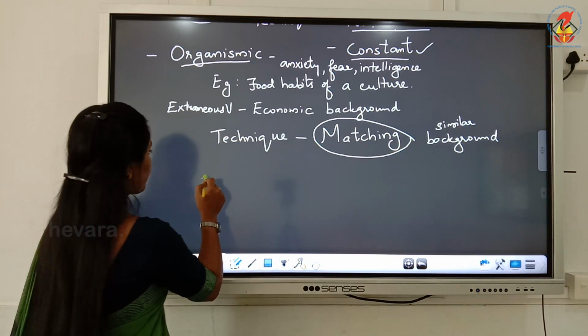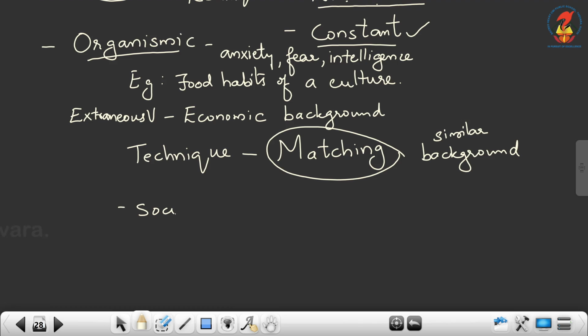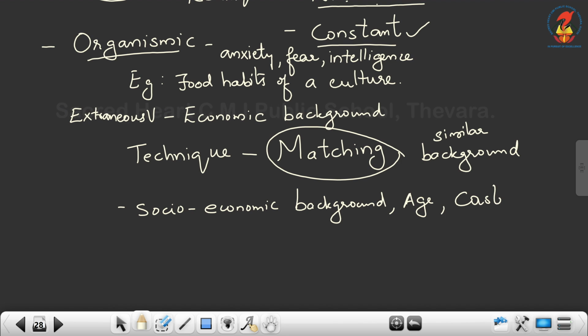It could be socio-cultural or socio-economic background, then it could be age, it could be caste, etc.